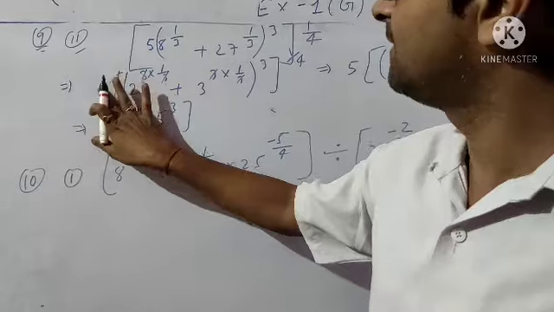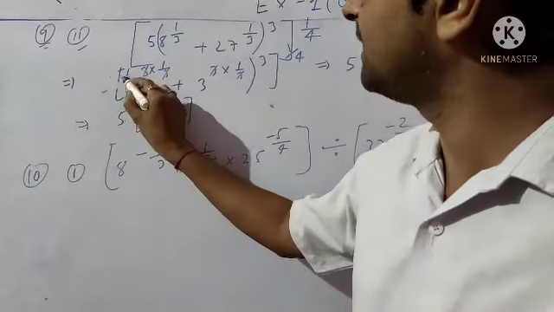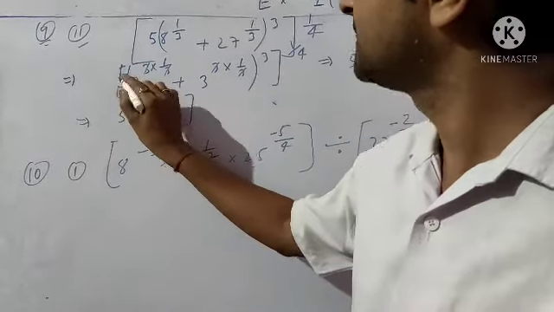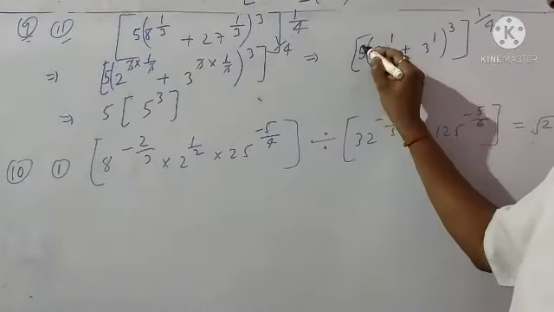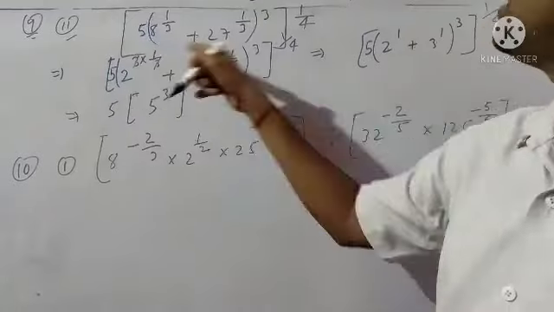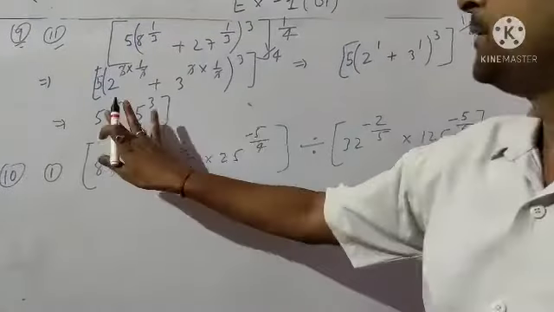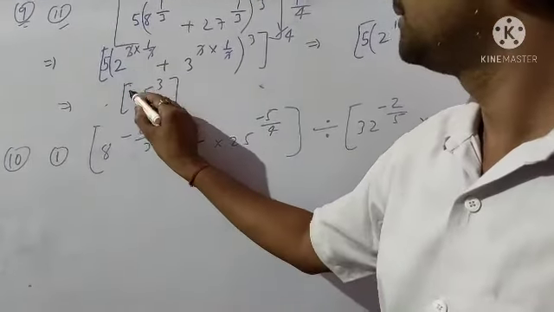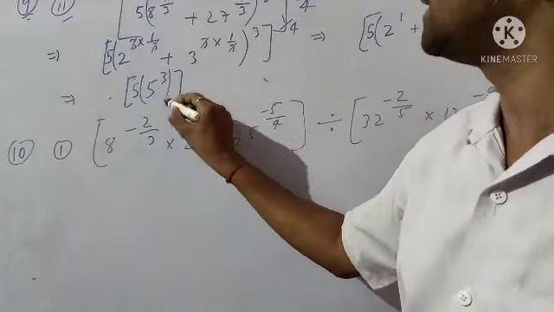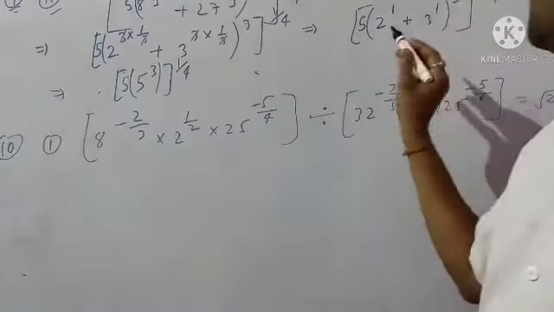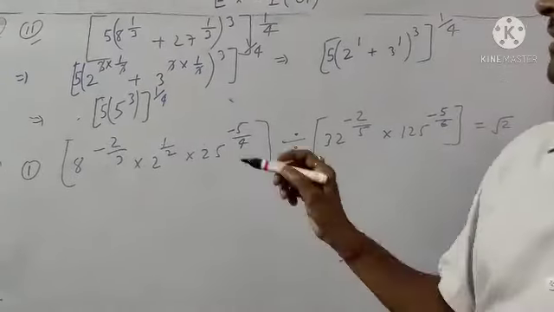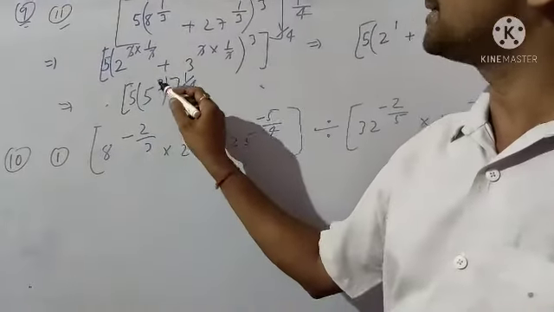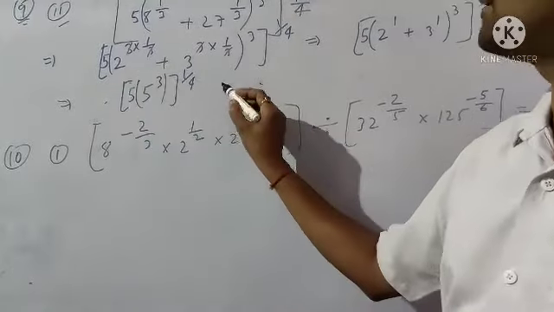Not here. We can write 5 in this form. Here is the 5. Okay, don't write here student. Here is the 5 because 5 is given in the main bracket. Like this 1 by 4. So 5 bracket 2 plus 3 is equal to 5 का power 3 into 1 by 4. So 5 into 5 का power 3, then the whole bracket is 1 by 4.